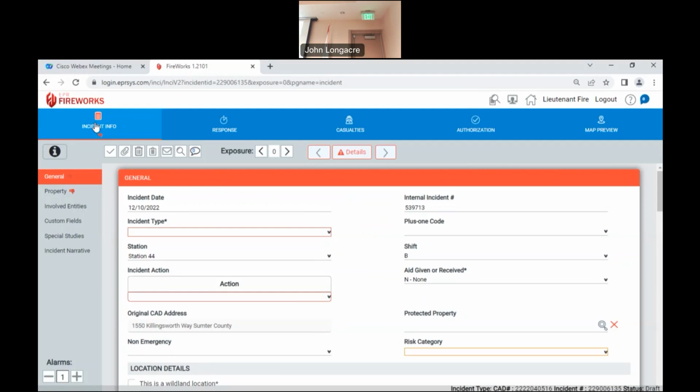Then if it's beyond a basic call, you may see a couple other modules pop up, and it may go from 90% to basically 80%. What I'm talking about there is, if it's a structure fire, you'll have to fill out the fire module, just like you do now. If it's a structure fire with aid given or received, you'll have to fill out the fire module and the